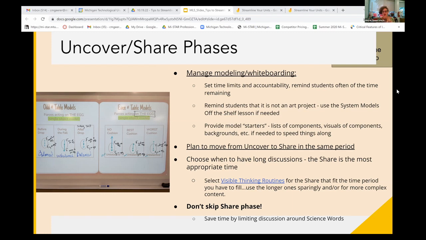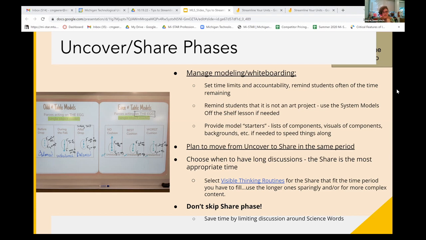Obviously, share is probably the time when it's most appropriate to have those longer discussions, I think, but choosing which routines, depending on the share. I also know you don't know when the share is going to go long. I got surprised by one last week where all of a sudden this debate, I thought that we kind of had a good concept of whether a neutral trait or a beneficial trait would become common in a population. And it was a great debate. And I think they really got a great understanding. So, right, those are sometimes the times you go, all right, we're going to let this drag out because it's obviously important. But definitely, you don't want to skip that share phase, but there are some of those ways